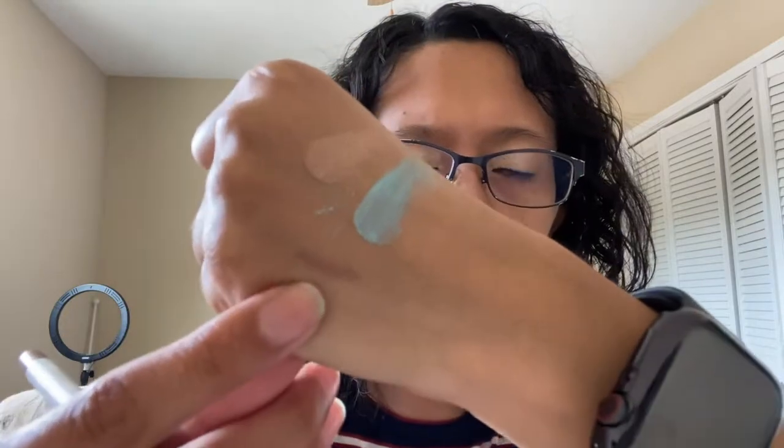You can kind of see the nude in here. This is what it looks like swatched right here. I think it'll be all right as a base one. Cool. Okay. We have another, no, this is a lippy stick in